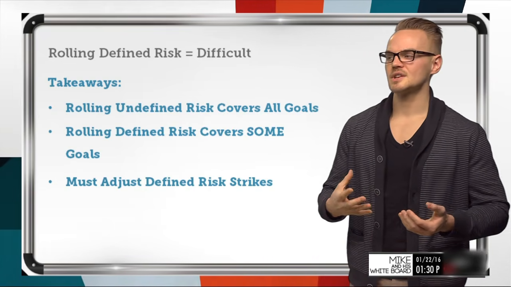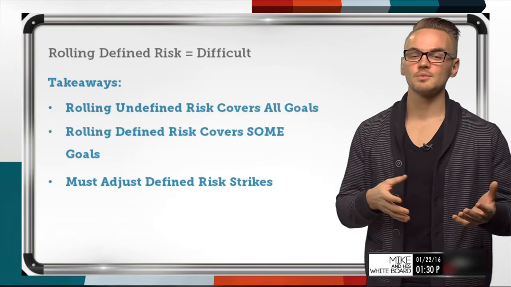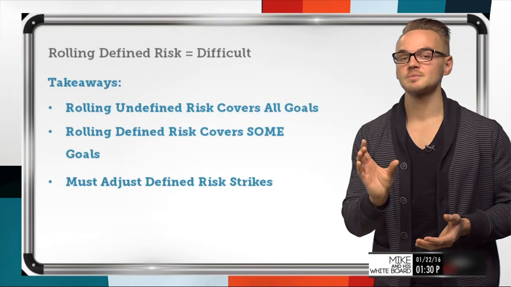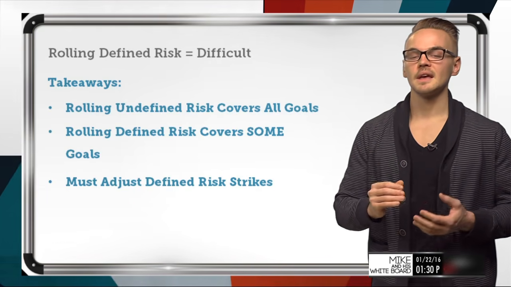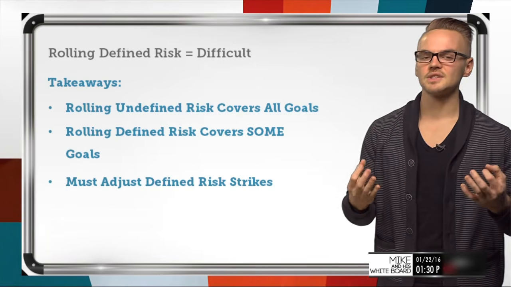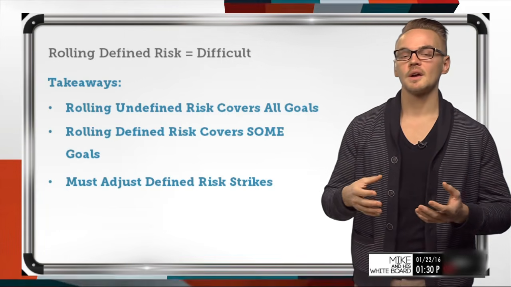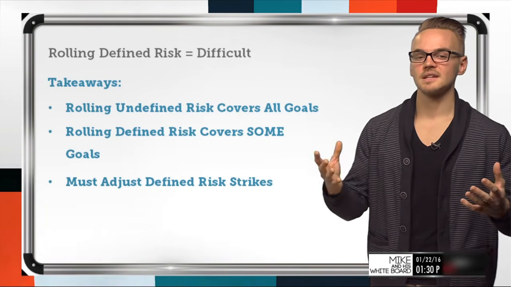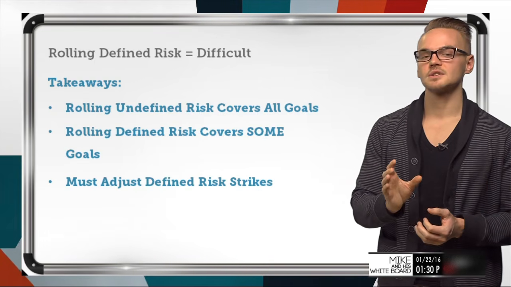Lastly, we must adjust the defined risk strikes if we want to roll for a credit when we're looking at a credit spread that's totally in the money, and maybe we're not comfortable with that. So we like to do it here to just let those spreads expire, or just let them ride out and accept that max loss because we knew what that was going in.